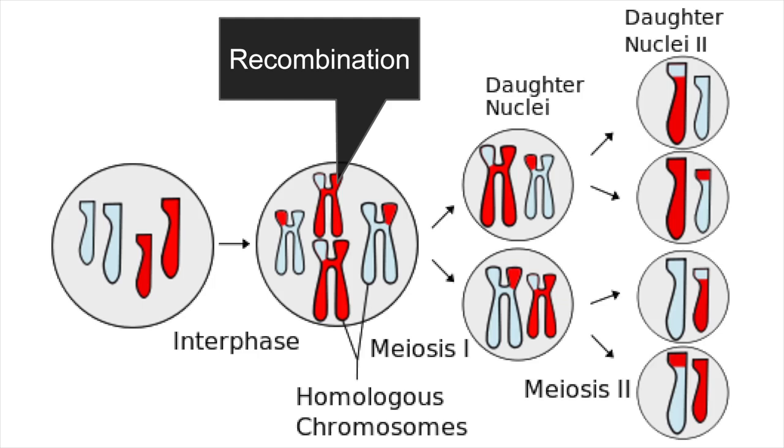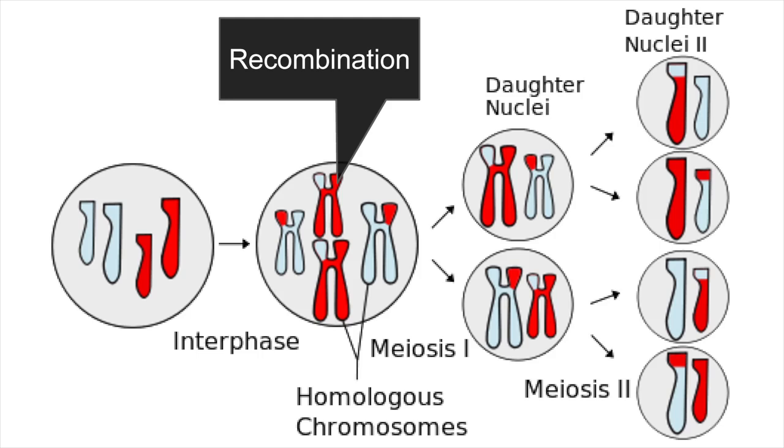And then there's a special process that happens. It's not by design, it just happens by accident, called recombination, where the chromosomes, because they're very, very similar, can kind of stick to each other, and we have this process called crossing over, where part of, say, chromosome 1 from mom can cross over with part of chromosome 1 from dad, resulting in the daughter cell having a copy of chromosome 1 which is partly mom and partly dad.